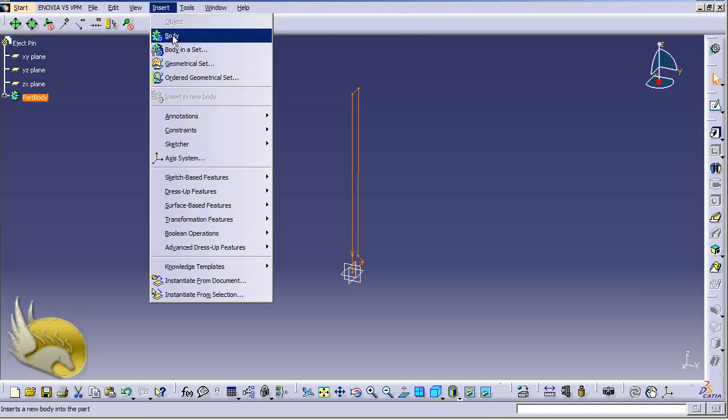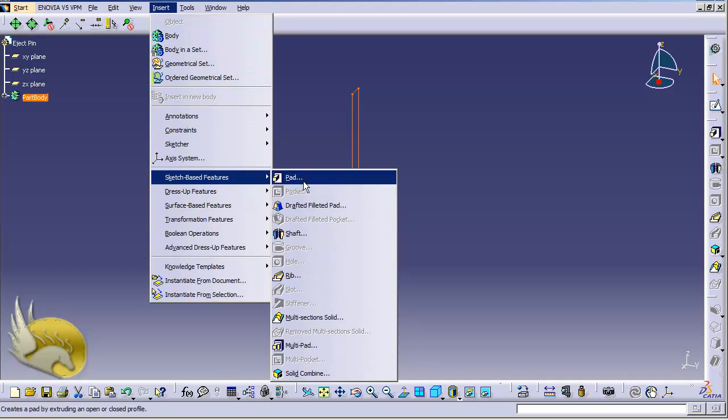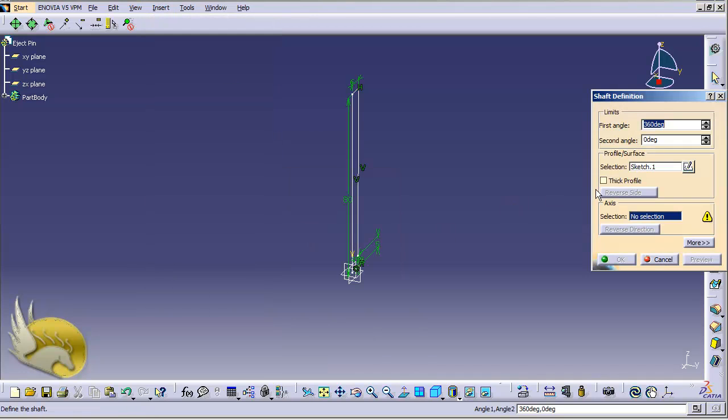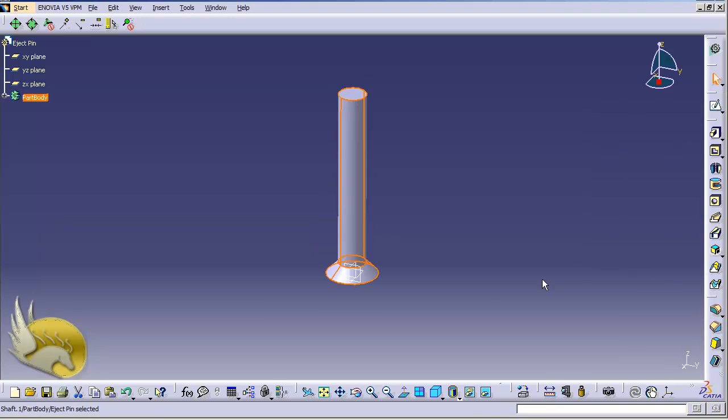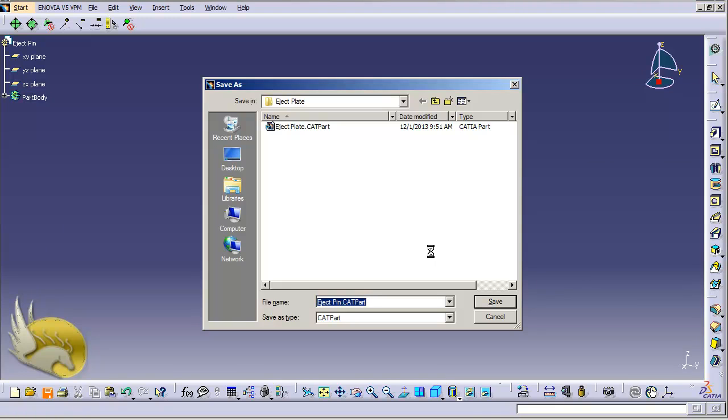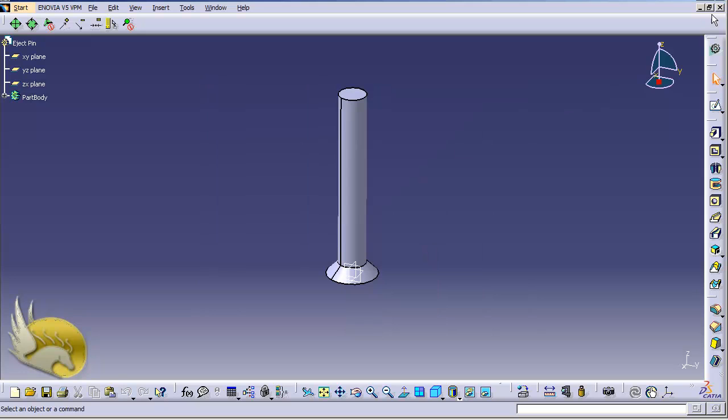Now I exit my workbench, and the other tool that I need here is shaft. I can go to insert menu and select it from here. That is a better idea. I want the full round. The selection of axis is this line, or I can select one of the axes, for example the Z axis. I select it and click on OK. You can see that this is created for me,